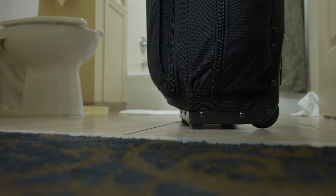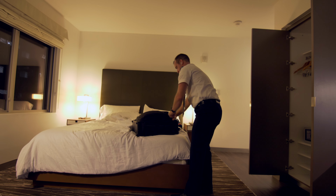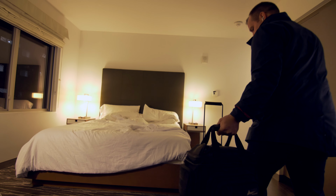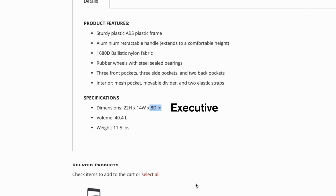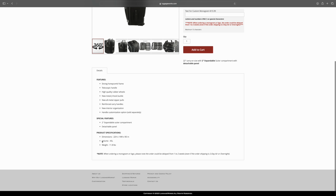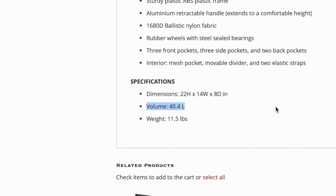That's not a problem at all with the Executive bag because it has this hardened plastic plate on the bottom, and I've just grown to appreciate how it keeps everything nice and compact and ultimately protected when you're on the road. Now, the advertised dimensions are nearly identical, but the Aurora bag does give you 1 more inch of depth. The Aurora also allows for 45 liters of total storage, while the Executive only gives you 40.4 liters of storage. Originally, I would have told you that that's a negative for the Executive bag, but I've hardly noticed a difference,